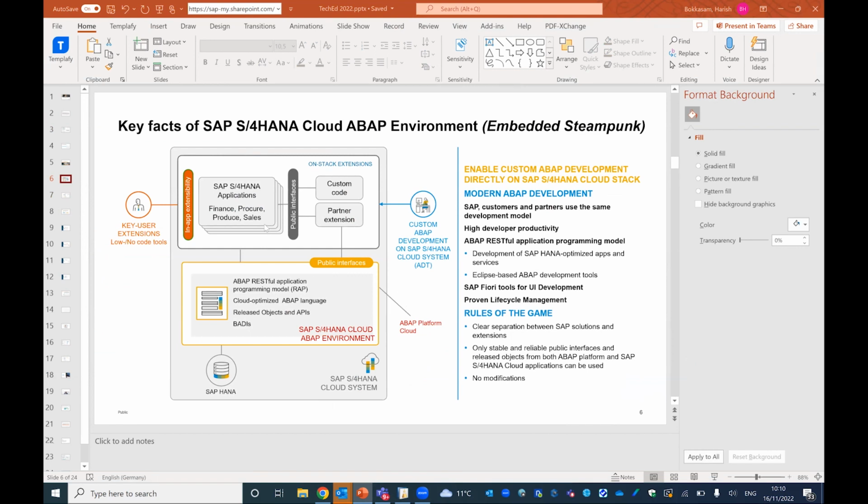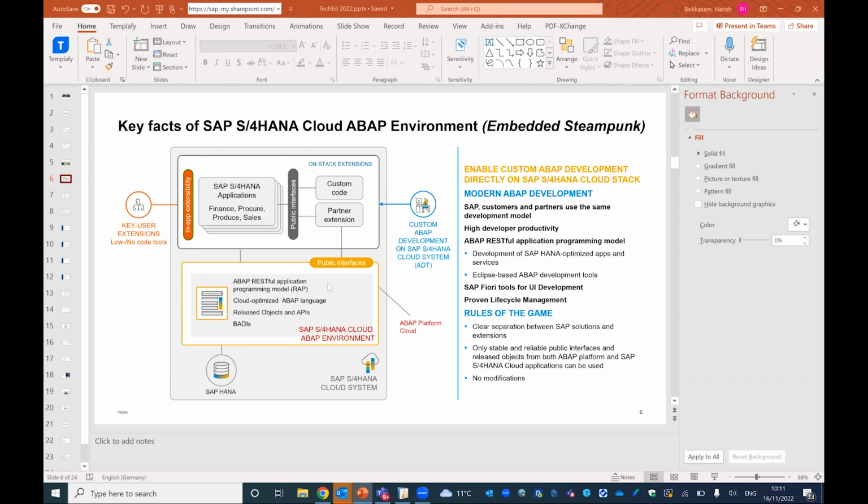Here we see again, let's say if we are doing on Steampunk or BTP, this box will be here. It will be separate, and we will develop our code, our online shop, on this Steampunk, and that's it. Now, if we want to access from Steampunk this purchase requisition API, I purchase requisition, this EML statement, etc., then